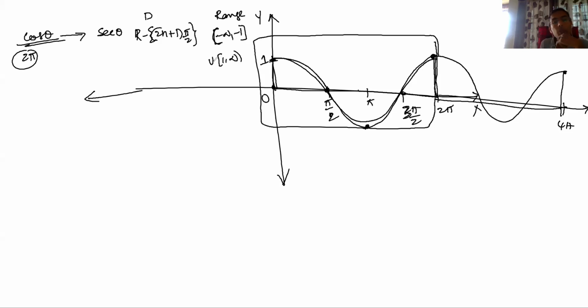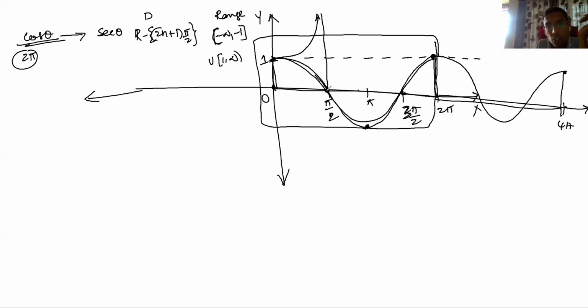So that means it's opposite to cos theta. So whatever graph you have, as I just explained for sin theta, here also the same in this interval you have to draw. So one is like this. See, when it comes to pi by 2, cos is 0, which means this is infinity. As it approaches pi by 2, this approaches infinity like this.